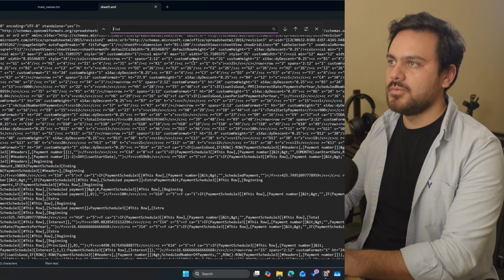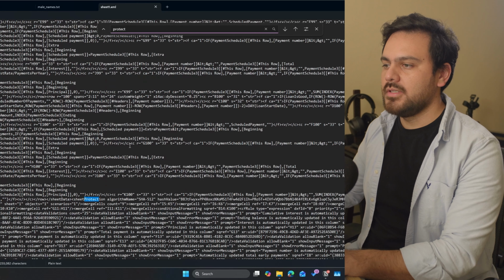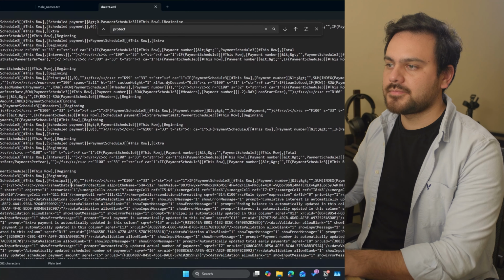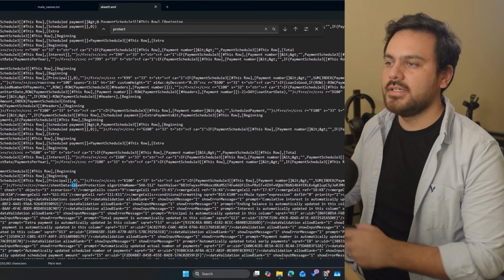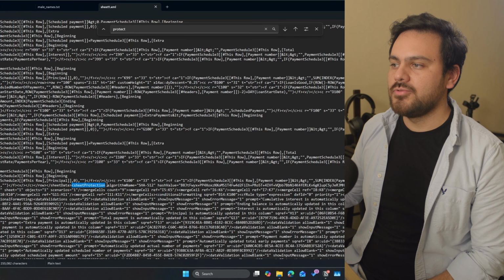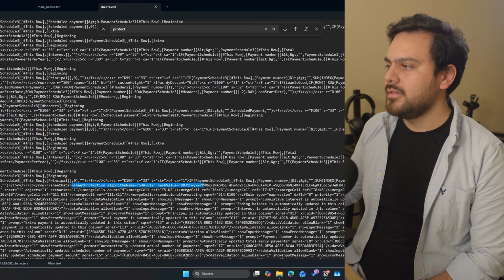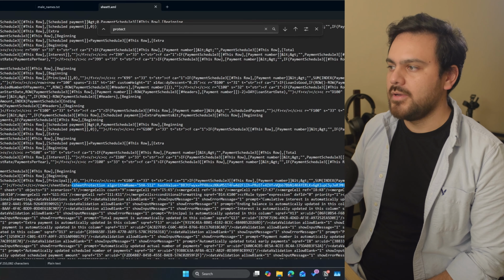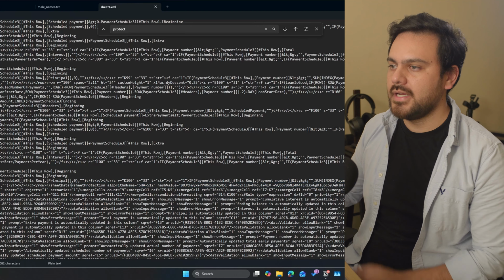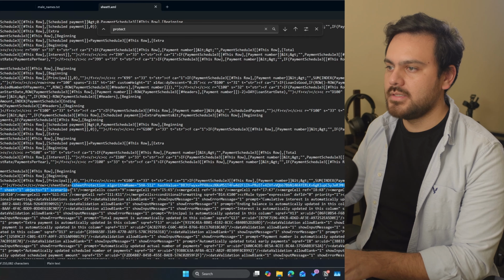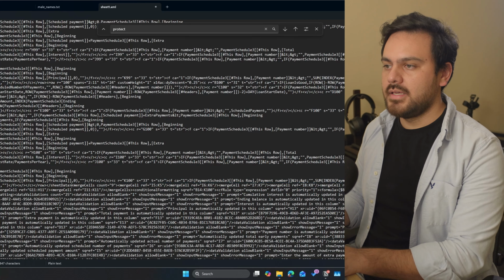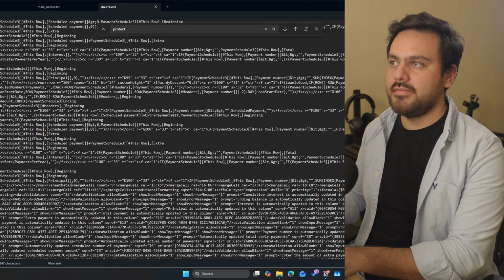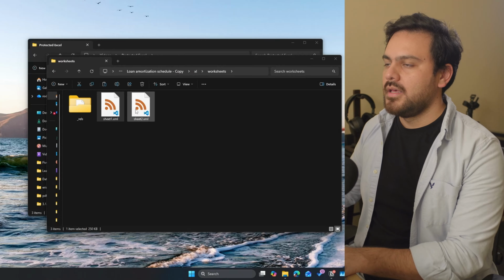But the thing that we are very interested in is if we look for the word protect. Okay, and once we find the word protection, you can see here it's in between brackets. If we go all the way right here, we find where the bracket starts, and now I want to find where the bracket ends. It will be somewhere here. Okay. And if I delete all that and then save the file,